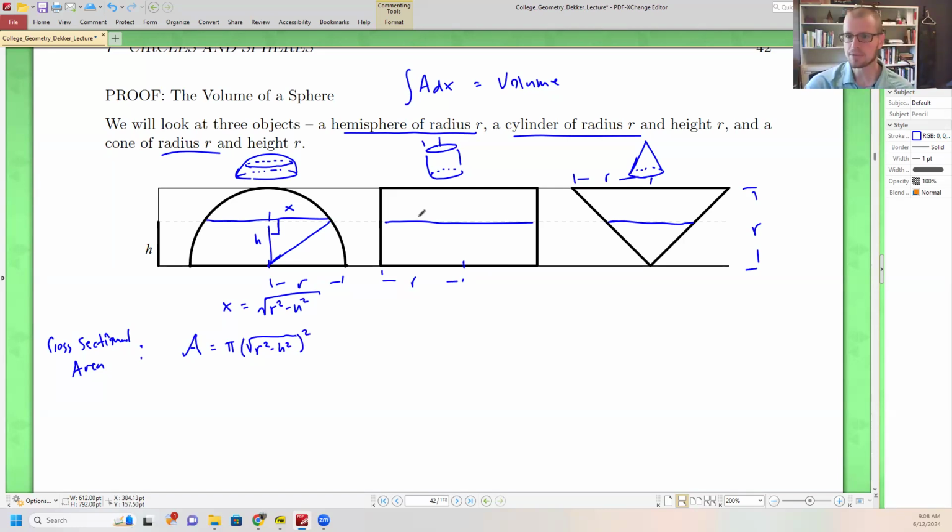All right, here we have the cross-section of a cylinder, which is, again, just a circle, but the radius in each case is the radius r of the cylinder. So the area here is going to be given by pi r squared. Wonderful. And the cross-sectional area here,